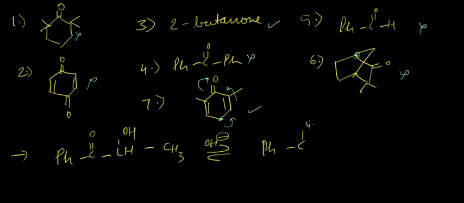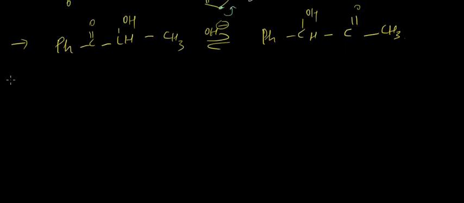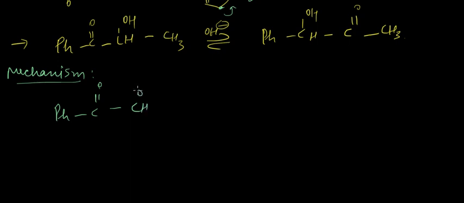We would have OH, C double bond C, CH3. So let us look into the mechanism of how this reaction takes place. This was the original compound, so from this we would have something like this, wherein the